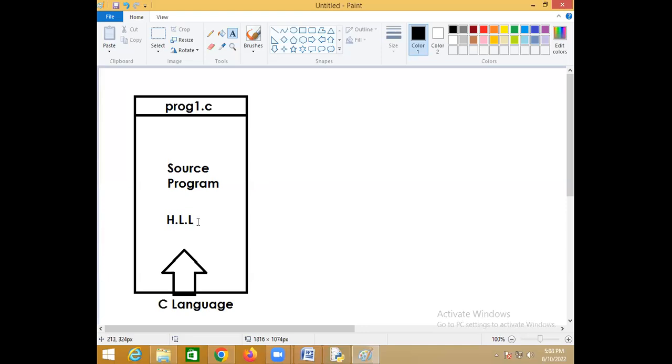So who understands high level language? Programmers. C programmers understand C, C++ programmers understand C++, Java programmers understand Java. Who understands high level language?